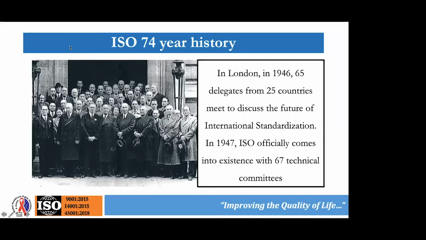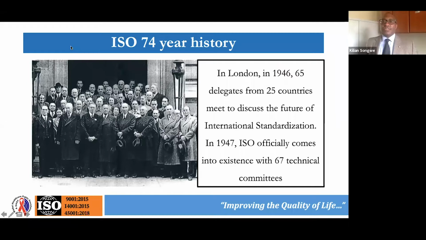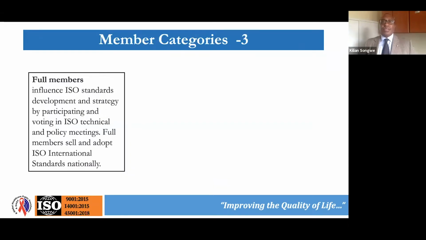Okay, I'm sorry, I lost you a little bit. 74-year history. And in 1946, ISO officially comes into existence with 67 technical committees. And we're going to look at these technical committees very soon and what they use. So generally, there are 3 categories of membership. There is, first of all, the full members. Basically, full members have voting rights and they are part of the discussions on the different standards, and they develop